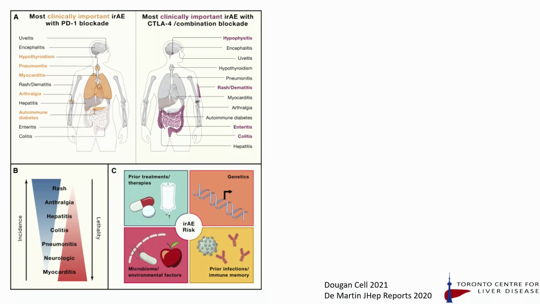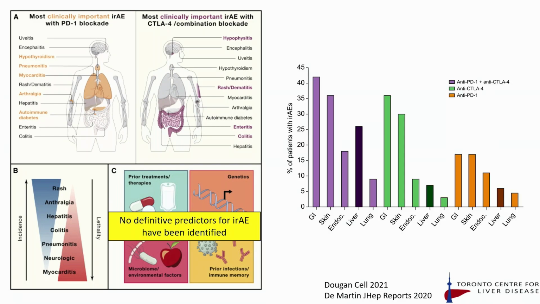There are some postulated risks for individual patients to develop immune-related toxicities. Unfortunately, we cannot clearly predict those for an individual patient at this point in time. It would be great if we could. I'm talking about frequency, just to put some numbers on that, and bearing in mind, of course, this is all